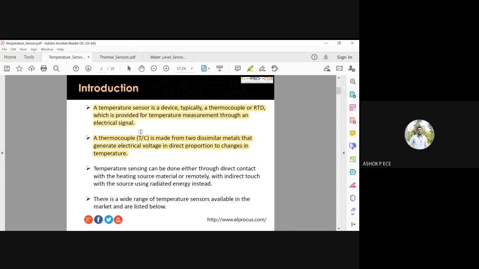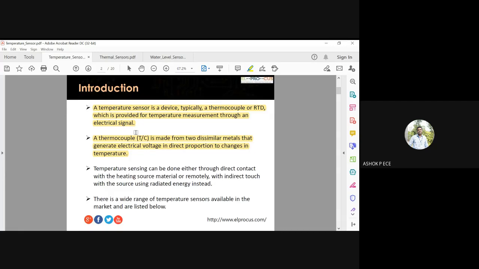I'm going to keep metal B in cold water or ice, or I'm going to make it cold. So one end of metal A is made hot, one end of metal B is made cold. Because of the difference in temperature, thermal voltage is produced. Thus voltage is produced because of the difference in temperature, right? So it is called thermal voltage.